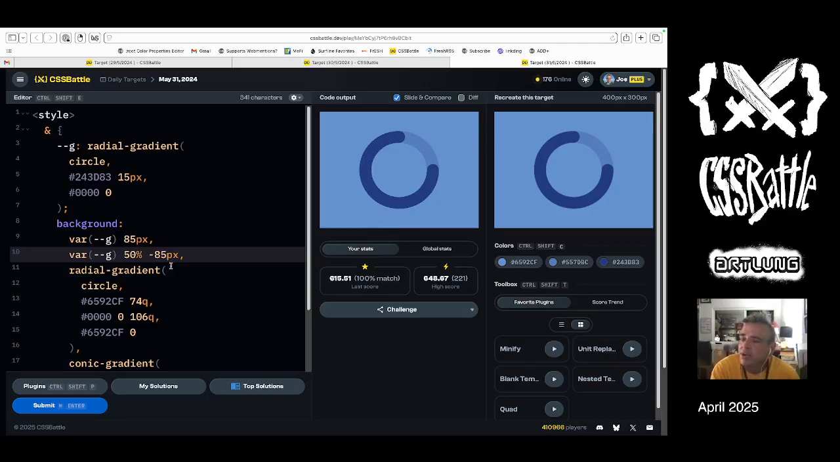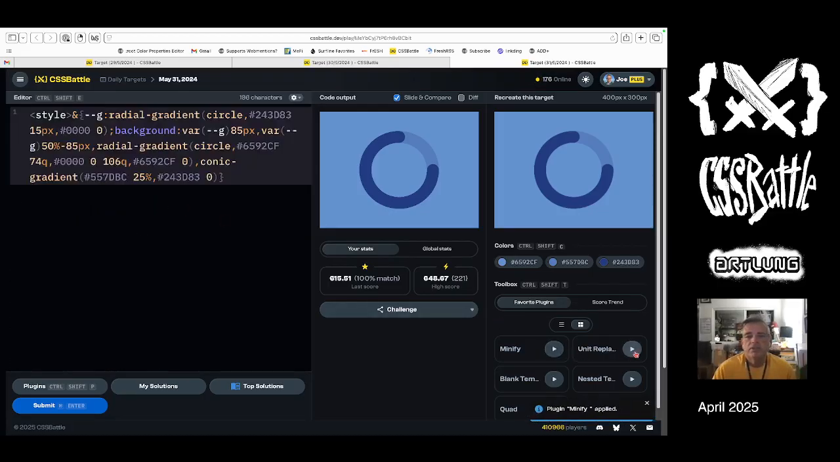I'll go on a digression here, is that, you know, I started programming before graphics programs were in common use, and so the only way to create graphics on a computer screen was to draw it out on graph paper and then imagine what are all the points and pixels to place them. And so CSS Battle is very similar to that in a lot of ways, and so that's one of the reasons that I'm so attracted to it. All right, so let's minify and unit replace and resubmit